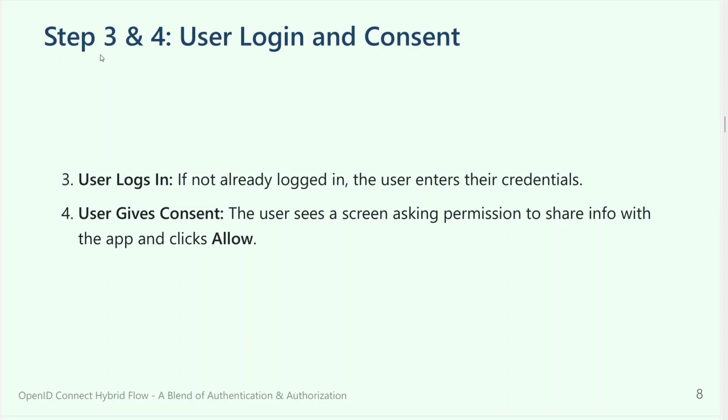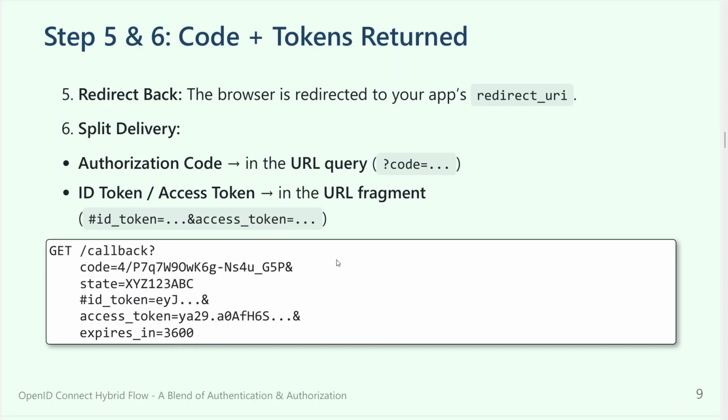So the next steps: the user logs in and gives consent. Usually you should see a list of things that the application is requiring, and a button saying, I allow that. Now steps 5 and 6. The authorization server will redirect back to the address that you provided, or that is configured on the authorization server. And now everything is in the address, and you should extract it from there, which means that it will be in the browser history. That's one of the weaknesses of